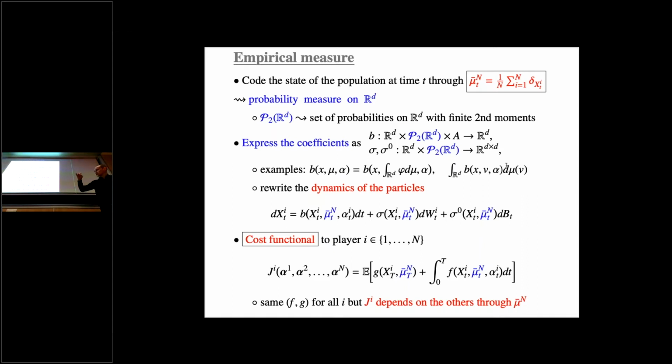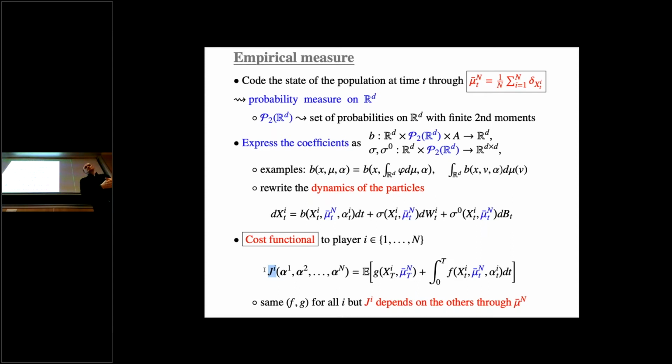So the cost depends on the label of a player. You see that you have this little i here, and in the notation J^i, I'm seeing the cost to the player i. The very first thing is that my cost is going to depend on the choices of all the other particles in the system. So for sure, it depends on my own control, but I also see the controls of the others.